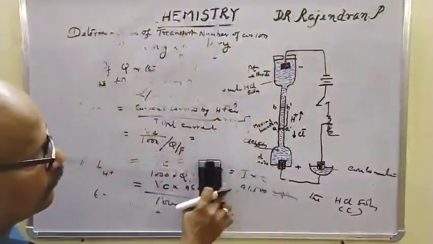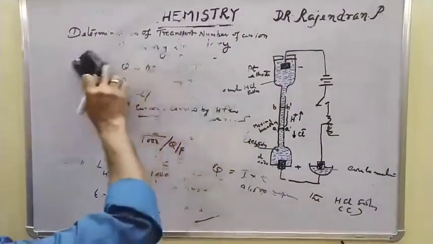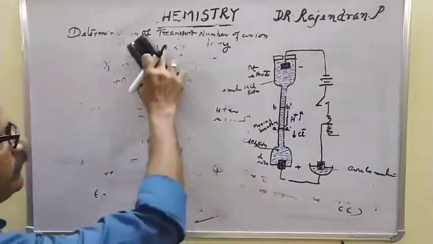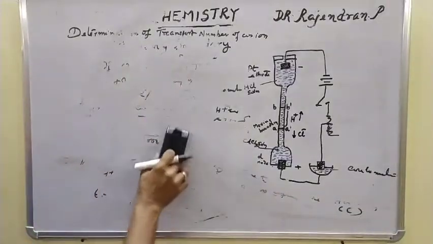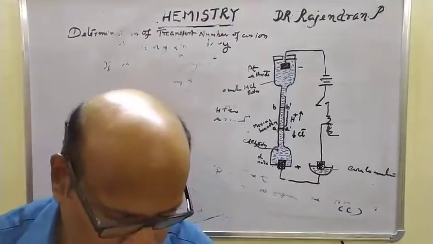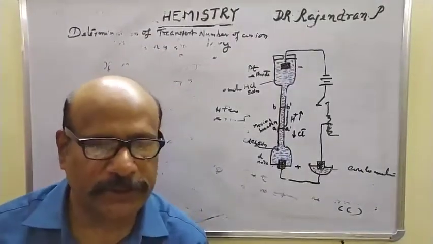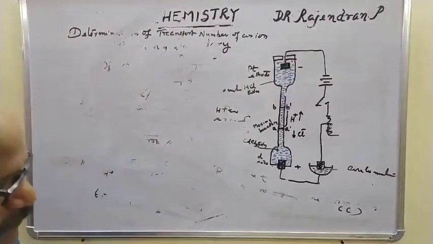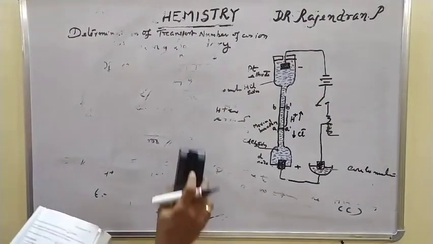I hope that you have followed my class. It's a very simple experiment. So study this, as it may be asked in the examination. Any of the two methods can most probably be asked in the examination, so concentrate on Hittorf's method and the moving boundary method. Problems based on the equation may also be asked in the examination.